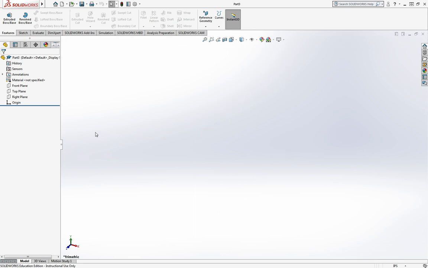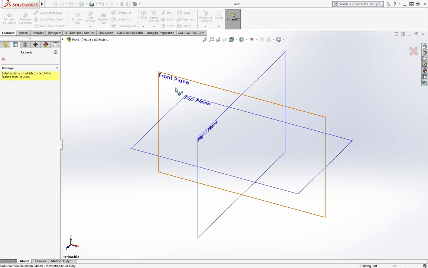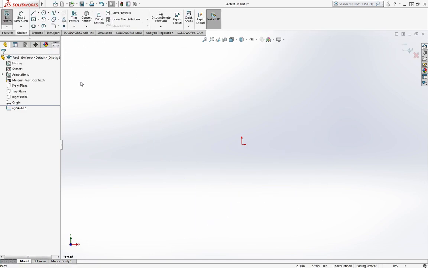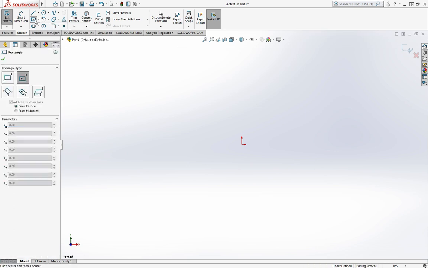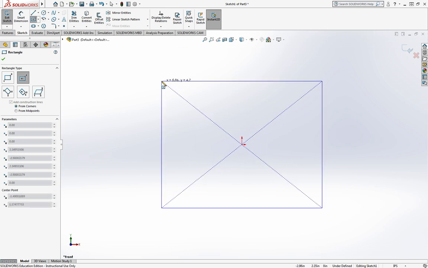Okay, so if I'm going to draw a cube, I'm going to go to Features, Extrude Boss Base. I'm going to select my front plane, and I'm going to go up here to the Center Rectangle tool. There's different ways to draw rectangles, but for what we're going to do right now, we're just going to grab a center rectangle. Again, I'm going to click on the origin, click, drag out